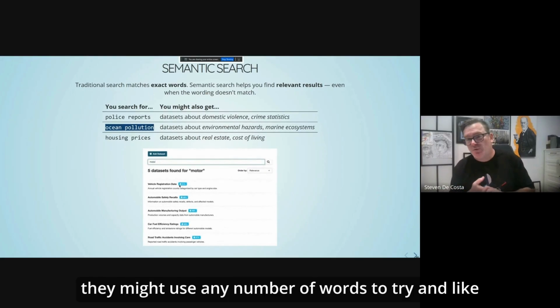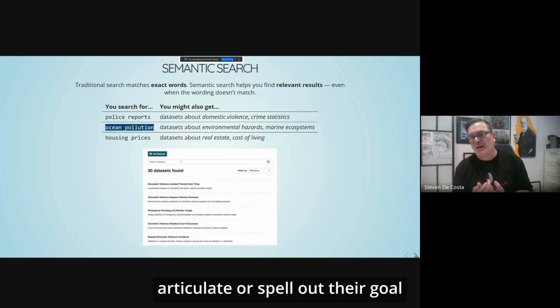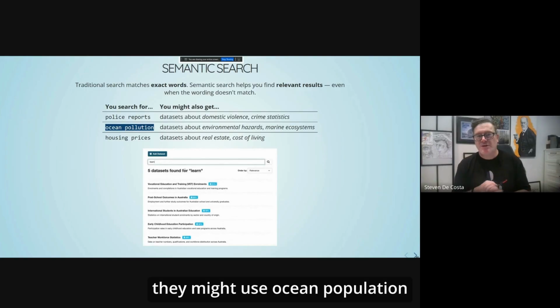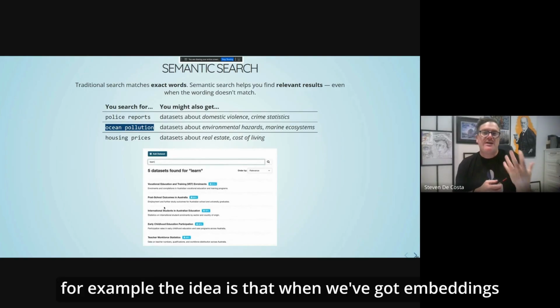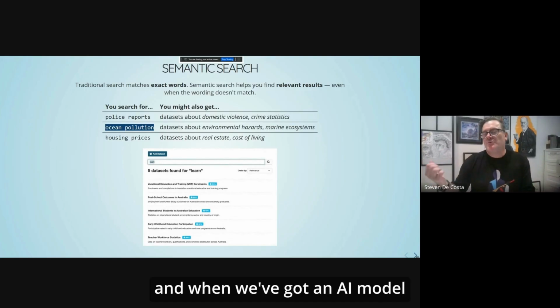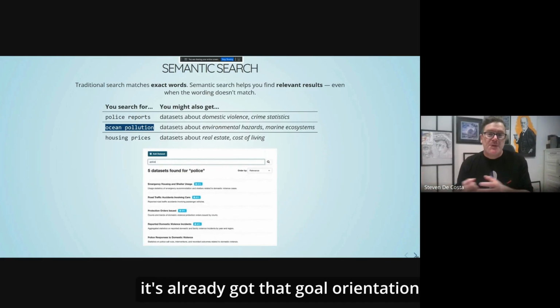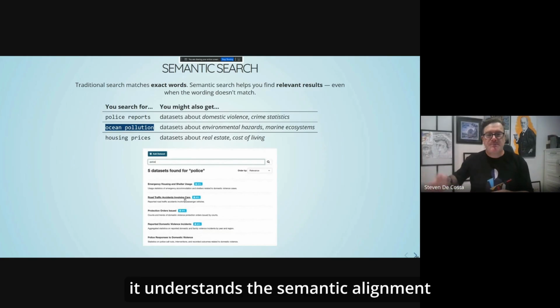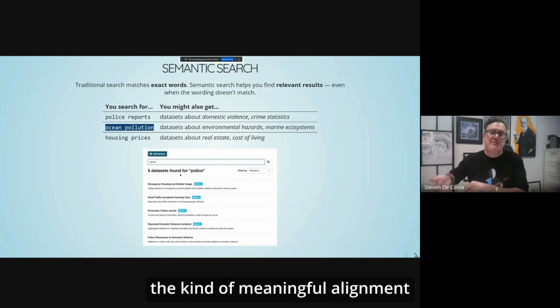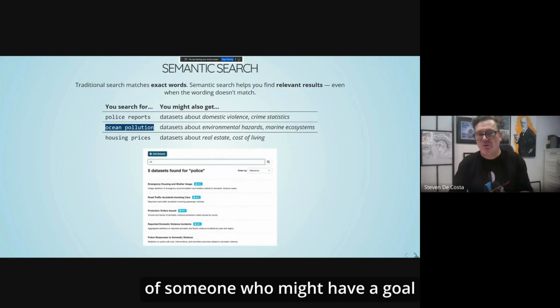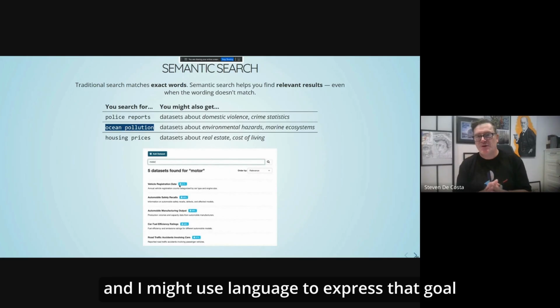They might use any number of words to try to articulate their goal. They might use ocean pollution, for example. The idea is that when we've got embeddings and an AI model, it already has that goal orientation. It understands the semantic alignment, the meaningful alignment of someone who has a goal and might use language to express that goal.